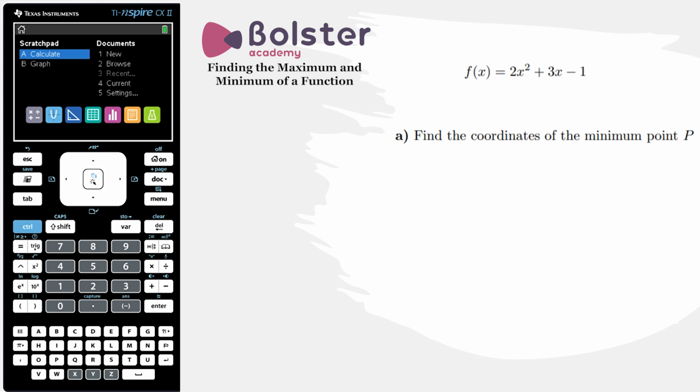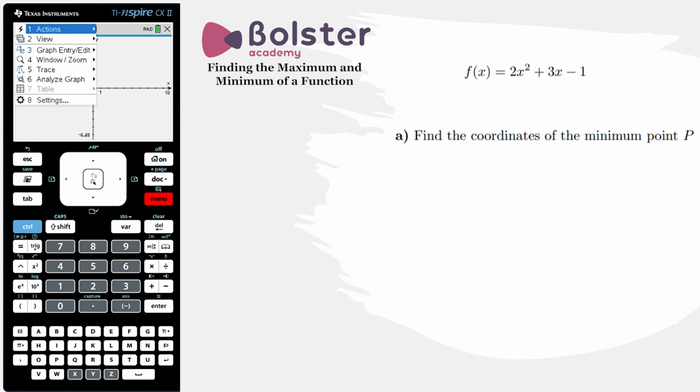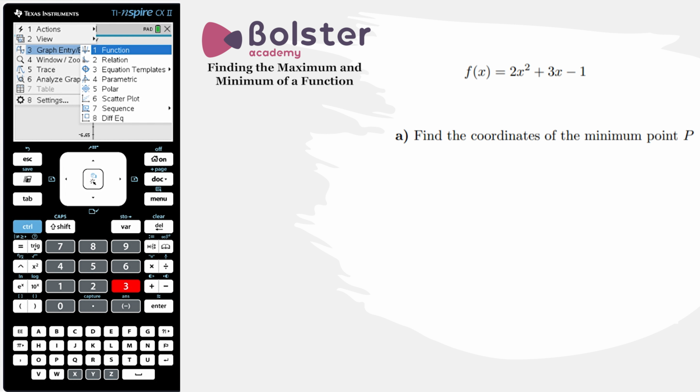In this video, we're going to look at how we find the maximum value or the minimum value on the graph of a function on our TI Inspire calculator. First step is to go into Scratchpad, hit it again to get the graphical display. Now we're going to go to Menu, option number 3, Graph Entry, and option number 1,